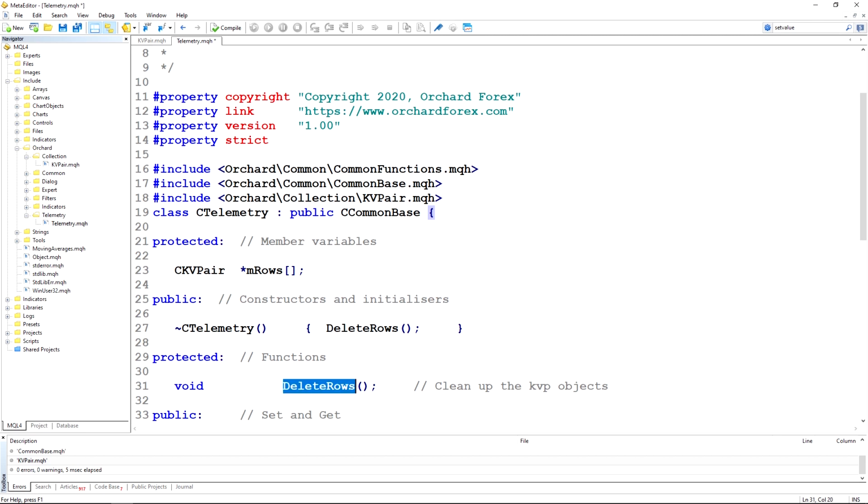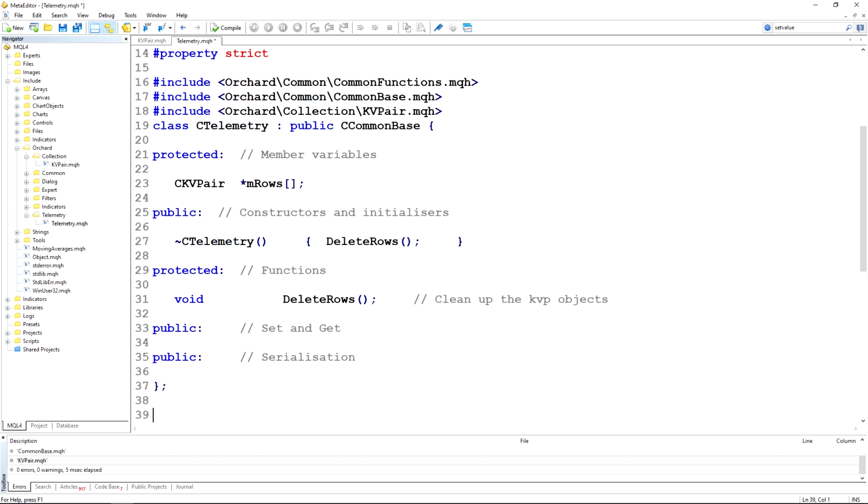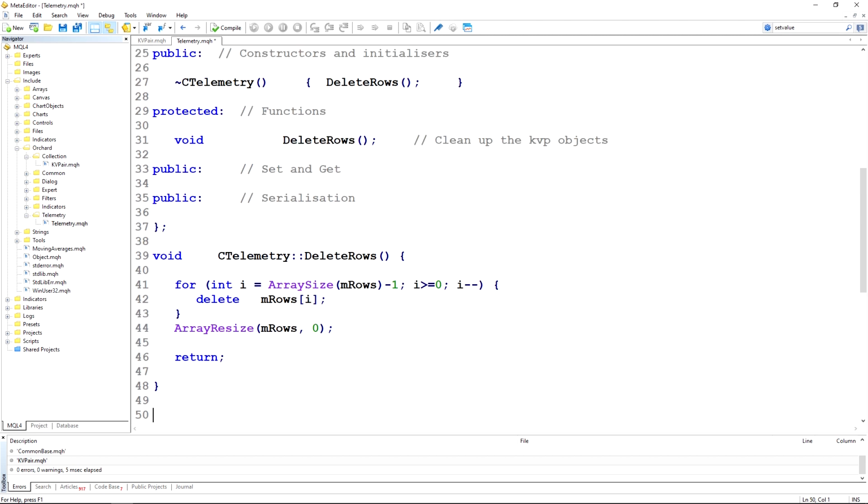Let's go and look at the definition of that. Put it at the bottom here. There's delete rows. All I'm doing here is getting the array size of the rows array, beginning with the last element, array size minus 1, looping backwards using i minus minus as long as i is greater than or equal to 0, and I'm just doing delete on the object in that element of the array. And finally, when I've deleted all of those, I'm just resizing the array to 0. So basically reinitializing the array. So next,